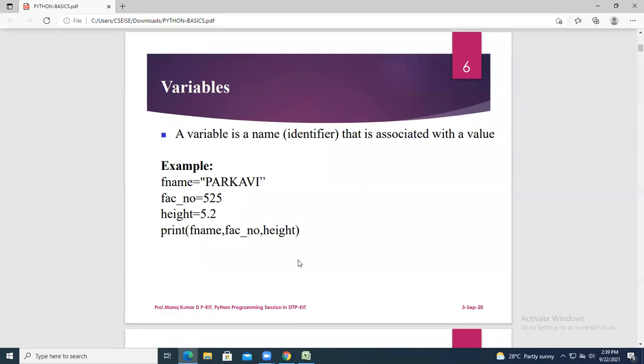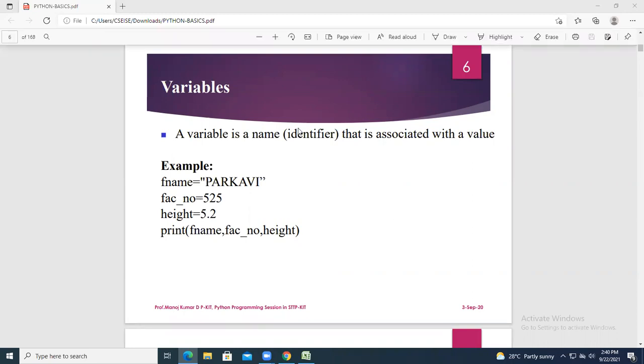Are you getting it? Okay, so what is the first example we have seen? Make a note of this one, that it is to be written and executed.